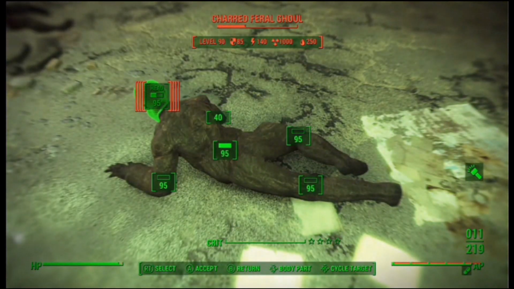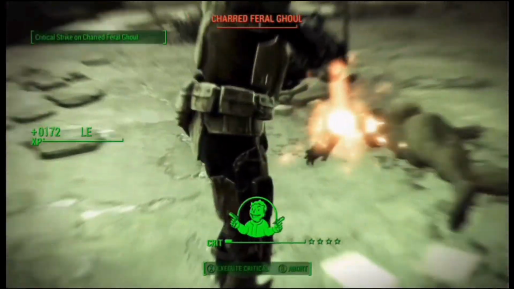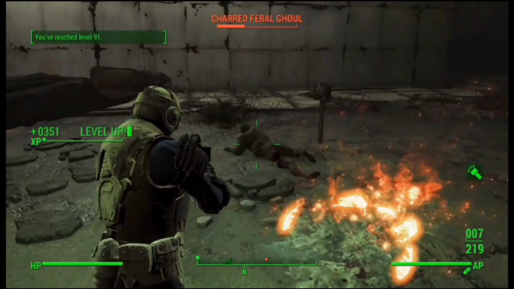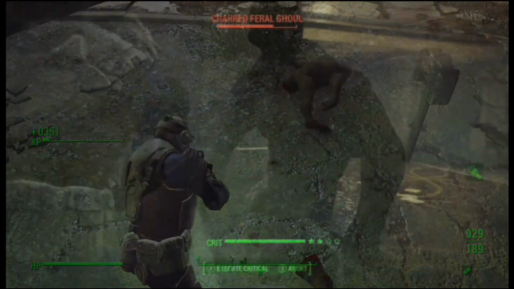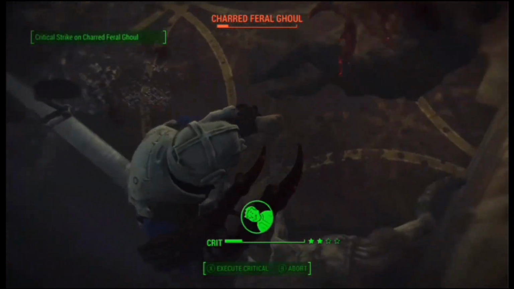And I'm like, I don't like charred feral ghouls. I gotta execute you just one at a time. And then a critical just to add a little pizzazz to that end there, and I level up too. I end him with a critical, and then I run out of ammo killing this guy, and that kind of pissed me off. So I was like, anyway,